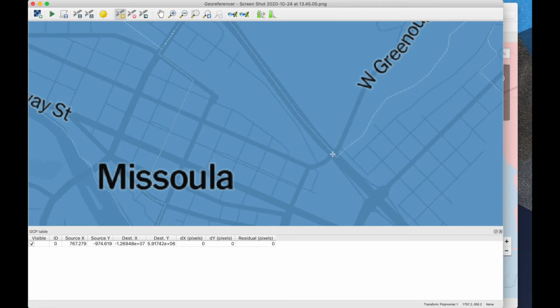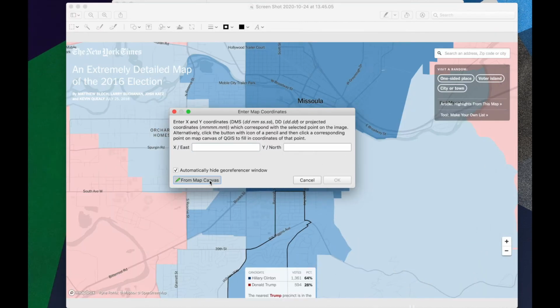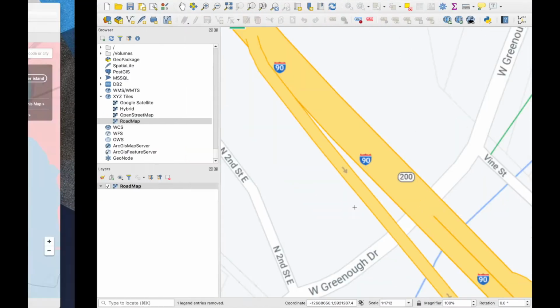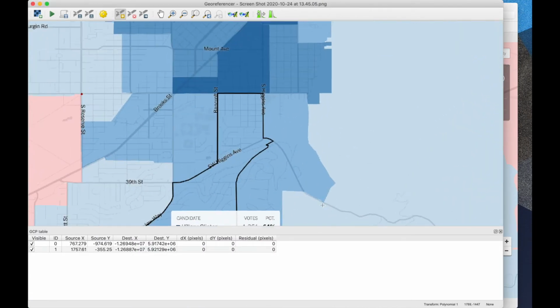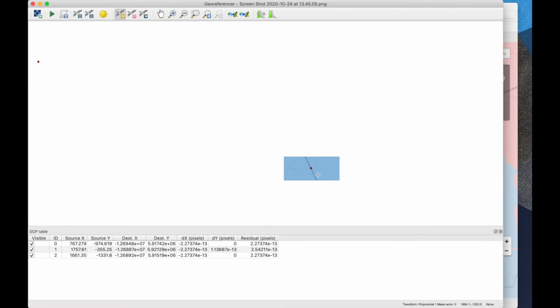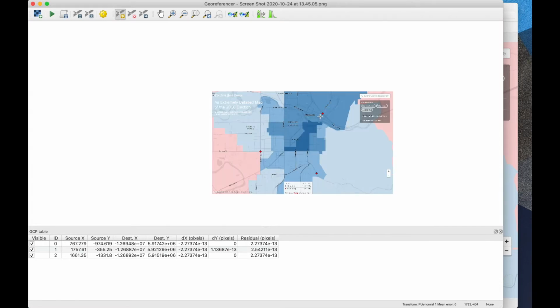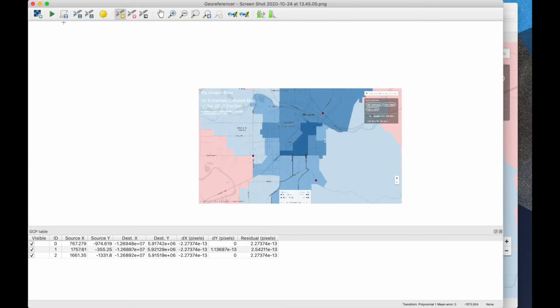So we just click here from map canvas, click here, and hit OK. All right, so now we need our third point. Maybe we'll come down here. So now we have our 3 points spread throughout the image, and so we'll hit start georeferencing, and so that